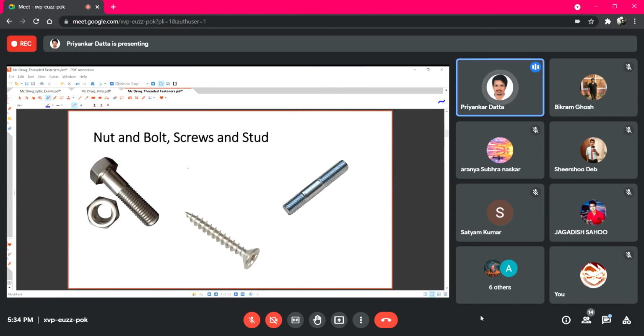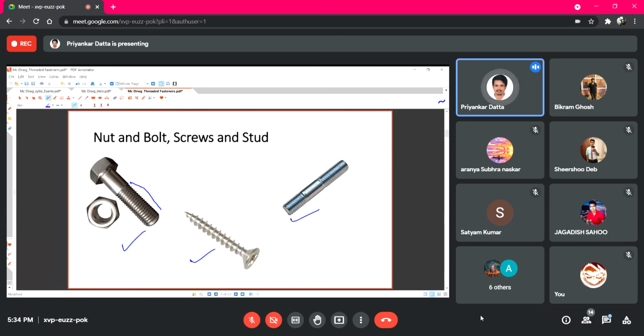You have already, all of you have seen nut and bolt, screws and stud. The difference is mainly because of their use and manufacturing type. For a bolt, the thread is up to a certain part and some portion is left without thread.